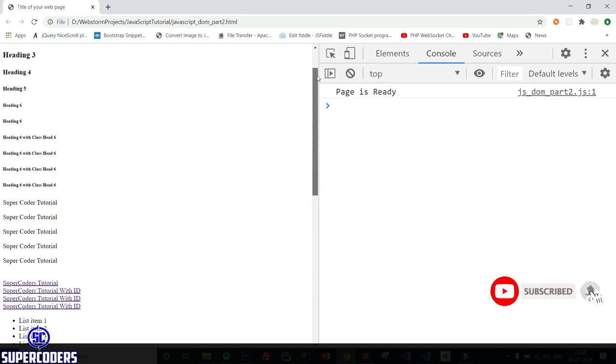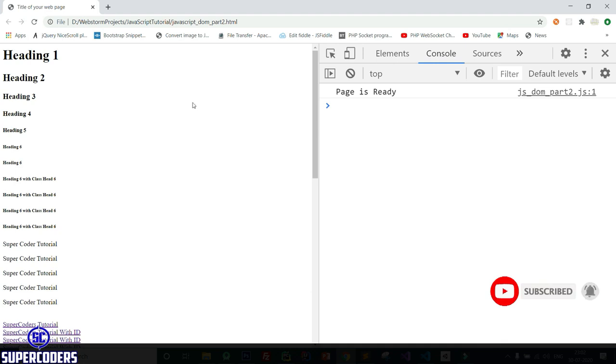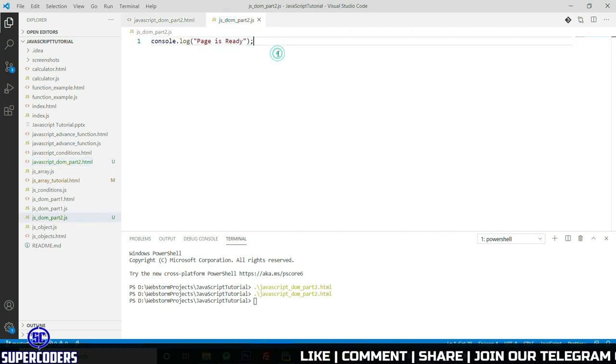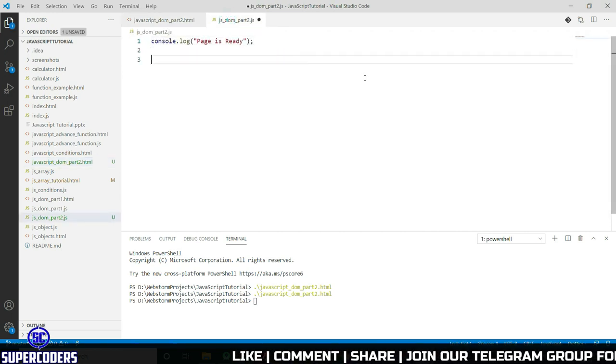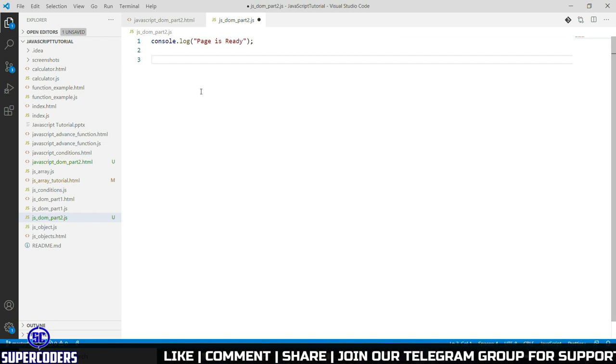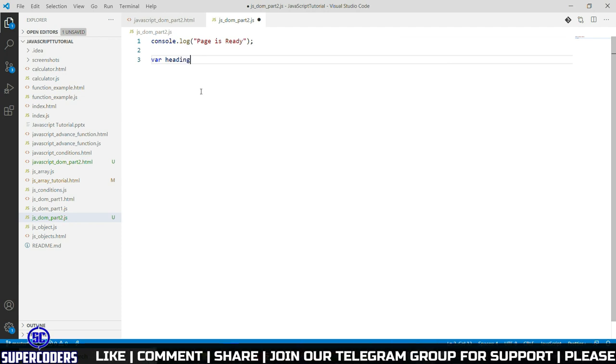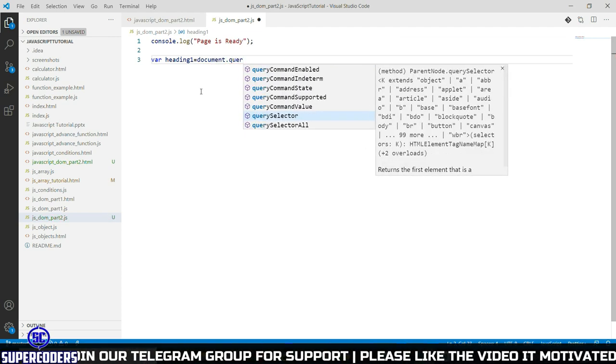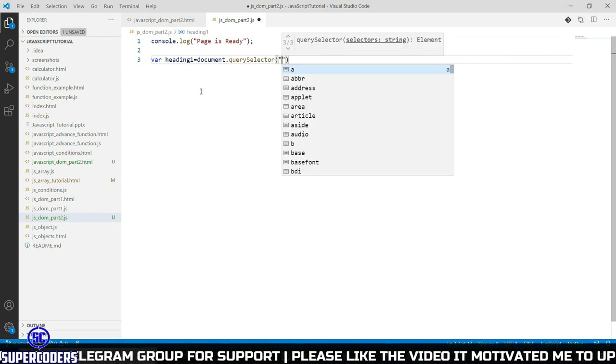Now let's move to our JavaScript coding part. So first let's see how you can change this text content. I am changing text content of heading 1. First selecting the element. I already showed you how you can select the element. So first you need to create var heading1 equal to document dot querySelector, then passing h1.